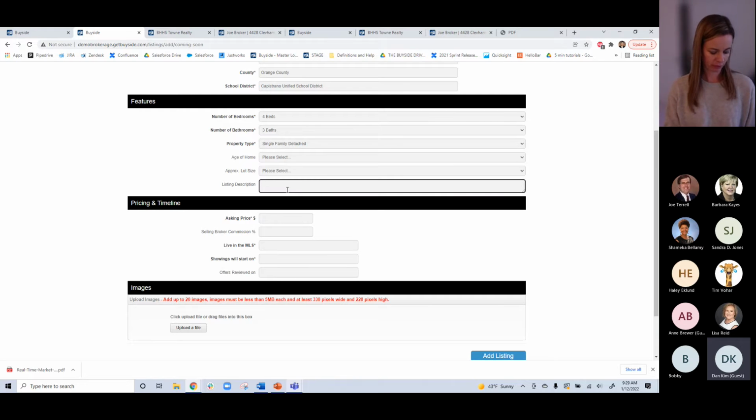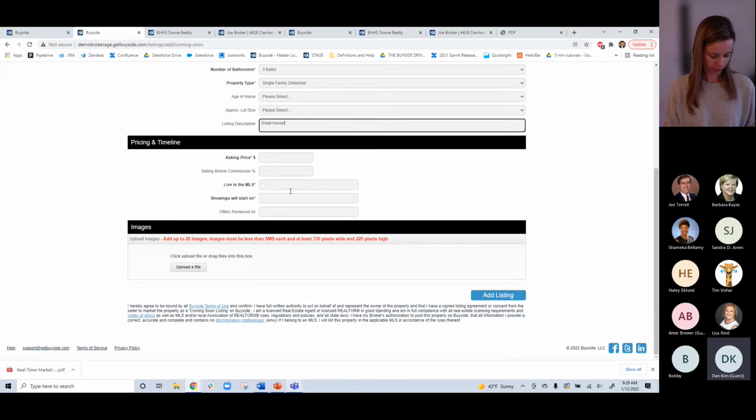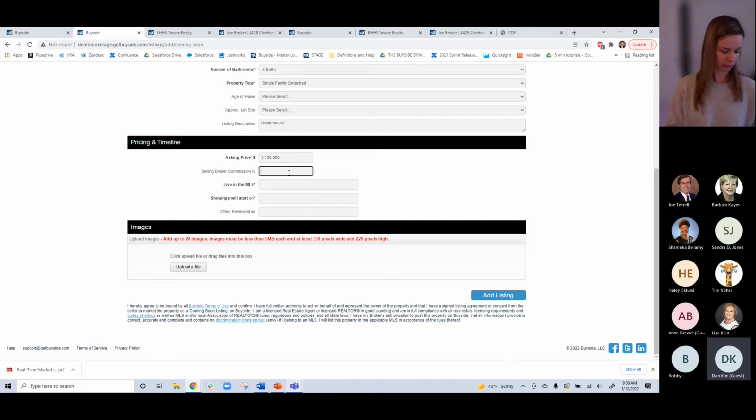So I'm going to go ahead and put in great house. Asking price, let's put this at 1.1. Seller broker commission, this varies by brokerage. I'm going to go ahead and just put 3. And then the last 2 places that are the most important is going to be when this goes live on